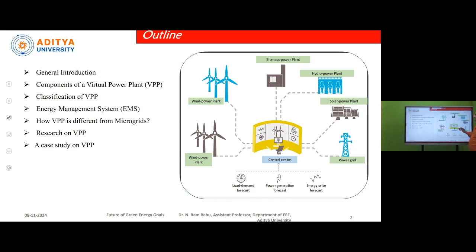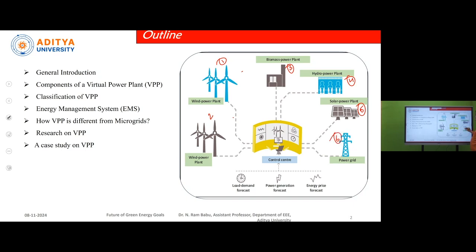As I stated earlier, the virtual power plant means it's a combination of one or more energy sources. If you observe this diagram, here we have considered a wind power plant as one system, and another wind turbine also. Apart from wind, we are generating energy from a conventional power plant, and also here a biomass power plant we have considered. Here is a hydropower plant, which is acting as a base load, and apart from that, as I stated earlier, the energy from solar also we are considering, and also we are selling the energy to the grid.